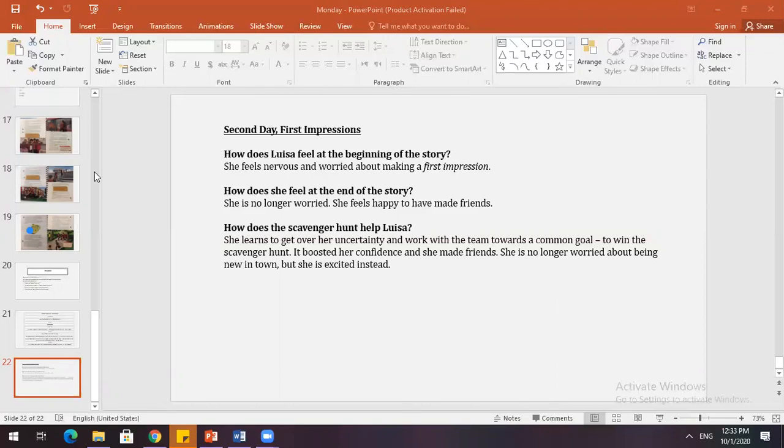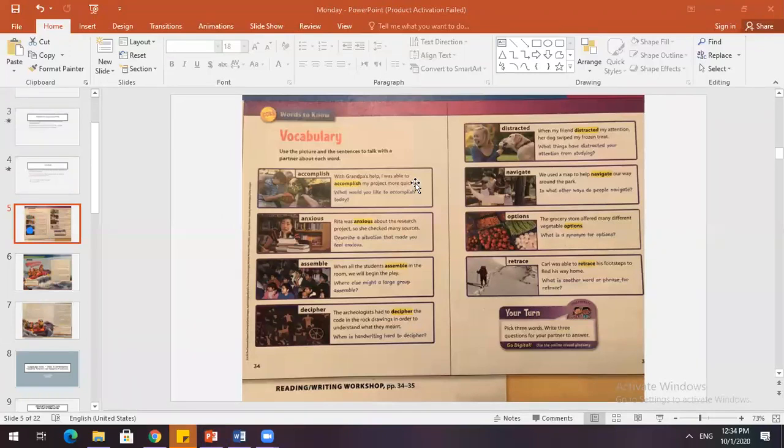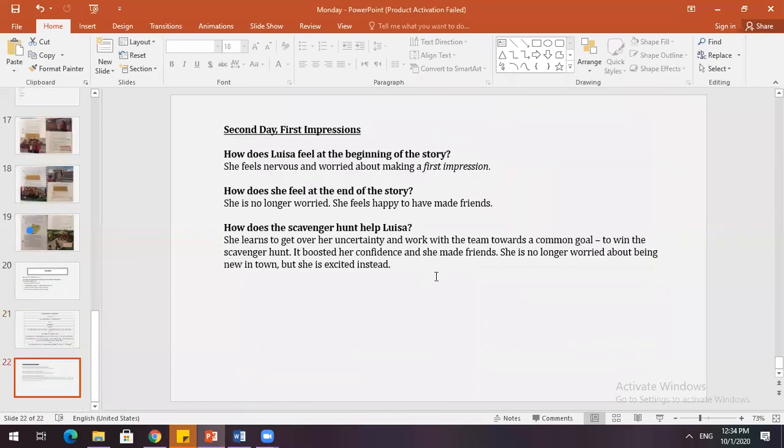Come together. Let me give you, I told you the example of Avengers. In the movie, they say assemble and all of the Avengers come together and stand. Let me see the example we have also on this page. When all the students assemble in the room, we will begin the play. So when all of your classmates assemble in the classroom, we will start the lesson. Is this clear? Yes. Okay. All right. Thank you. You're most welcome.